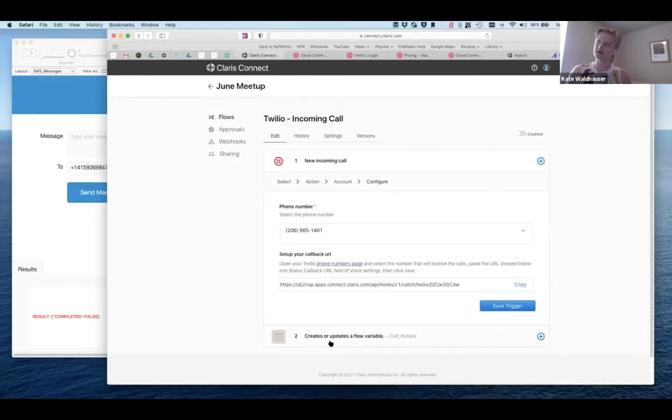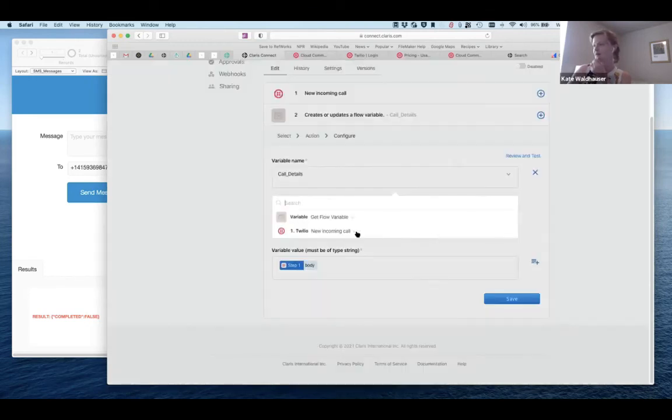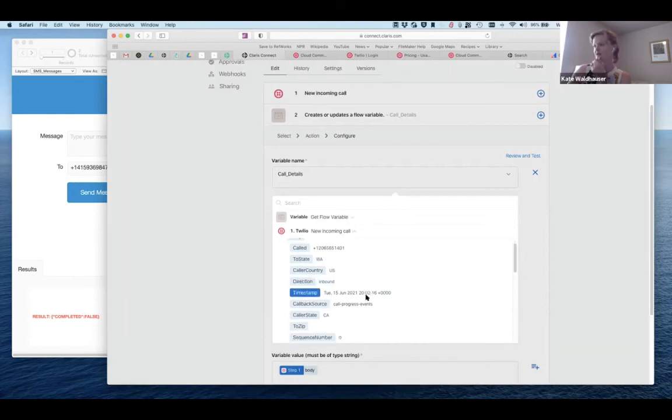I didn't know how exactly I would put this one into place, because right now, if I call this phone number, basically what happens is I get the automated message, you have a trial account, and then it just hangs up. And it has triggered the flow, but there's no actual response there. So I would have to consider how to use this one, and maybe somebody has experience doing that with programming voice calls, responses in Twilio and Claris Connect. And the fields that you do get back from your incoming call will just be the status of it and who the call is from.